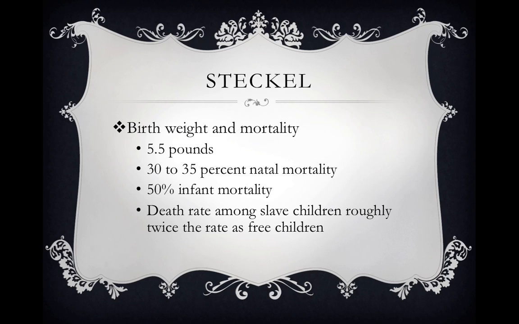All right? So he undermines the argument that these populations had similar birth rates, growth rates, let's say 5%, whatever the rate was, so therefore the quality of life must be similar. But he shows that, number one, babies that were born were not as large, they weighed less, and that the mortality rates were twice as high for slave children as they were for free children, giving an indication of poor prenatal care relative to the other population.